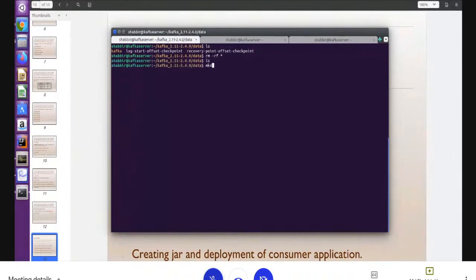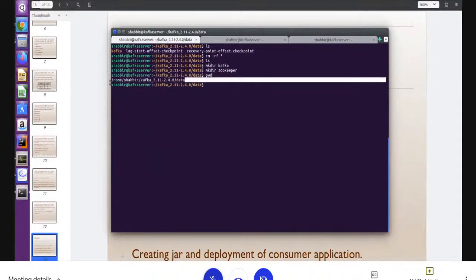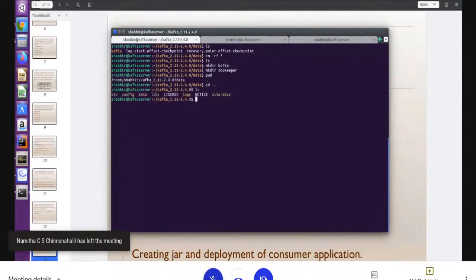And I will create here a directory with mkdir, Kafka and Zookeeper. I'm going to run it manually. So I have created this one and I will set the path. We know this thing, we did it yesterday.